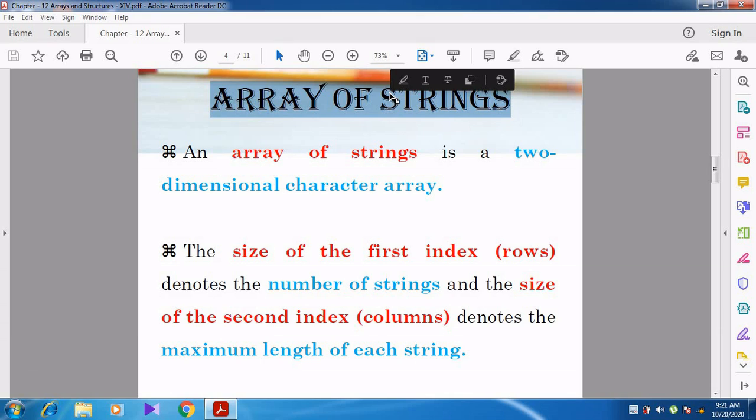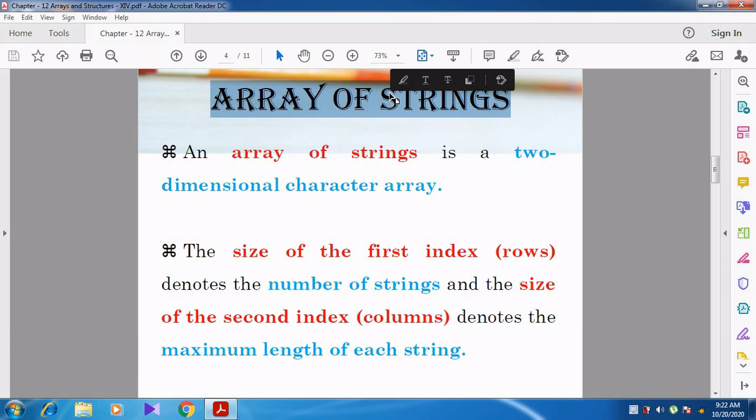Can you understand, students? There is no fundamental data type for string. Instead of that, they have given the one-dimensional character array. That is, a string can be represented by a one-dimensional character array.